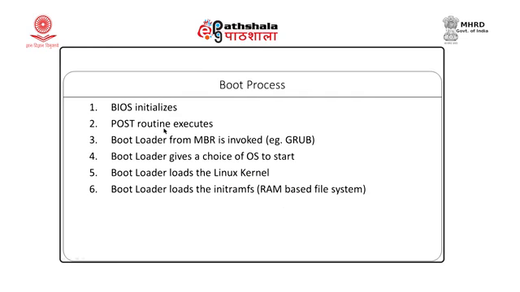Let us quickly go through this. First BIOS is initialized, POST routine begins, that is power on self test. It will check whether our devices are working or not. It will scan memory. Then the master boot record, MBR, is invoked. We give a choice whether you want to boot Windows or Linux. Depending on the choice, another boot record will be loaded, which will successively load the Linux kernel, and the RAM file system will be loaded. Init RAM FS is a file system that is used to load the kernel.